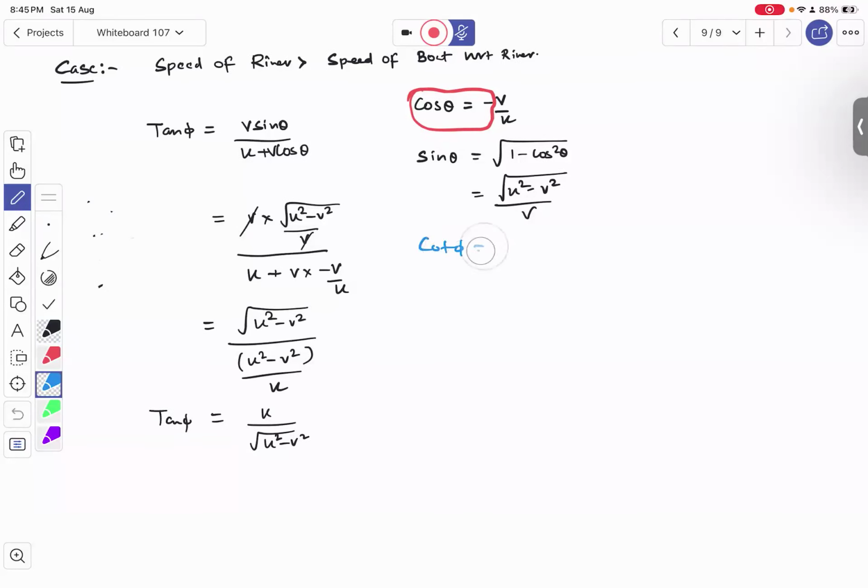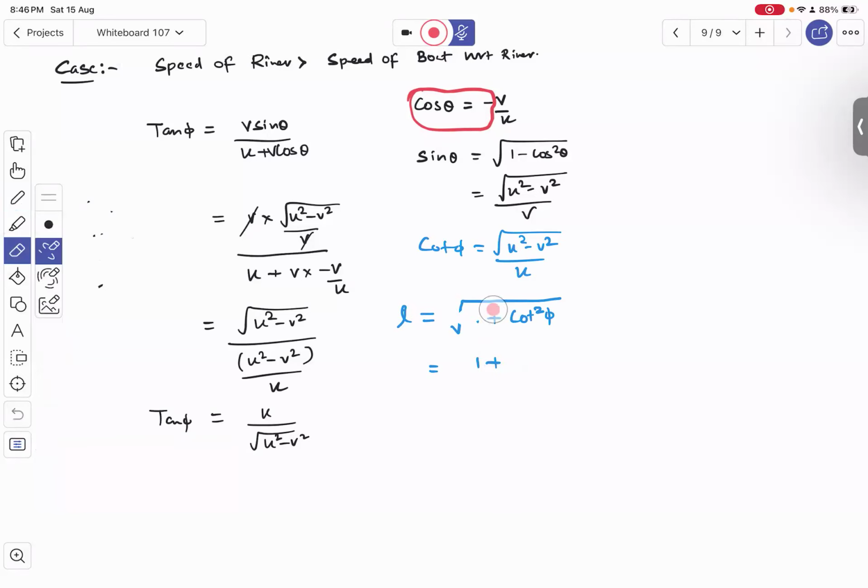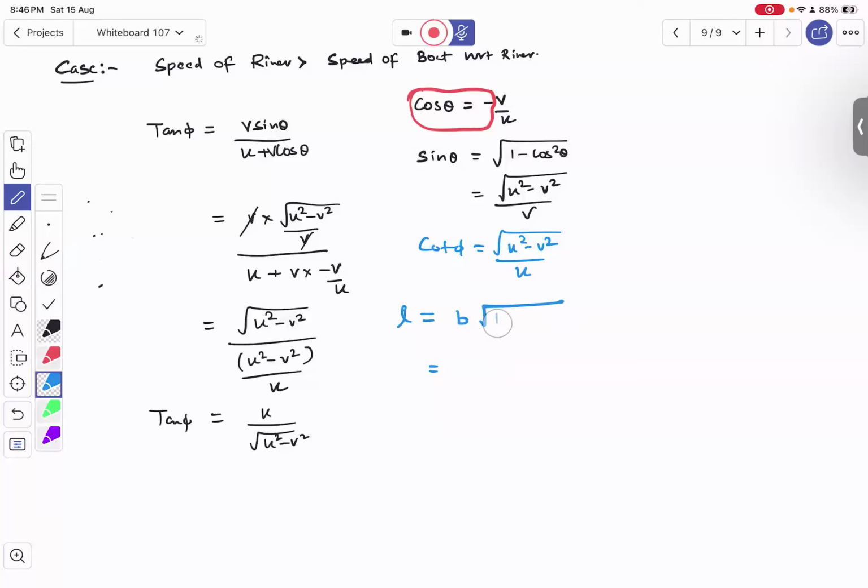Cot phi is going to be equal to root over u square minus v square, by u. And the shortest path length L, this is the path length for the condition where it will be shortest, I have to find it out. So it is b into root over 1 plus cot square phi. So b into root over 1 plus, squaring it up, it will become u square minus v square by